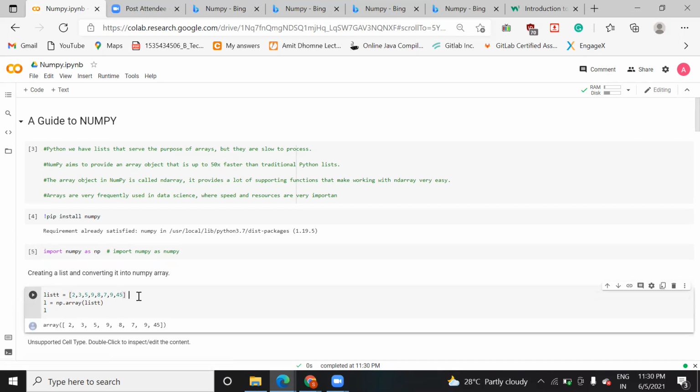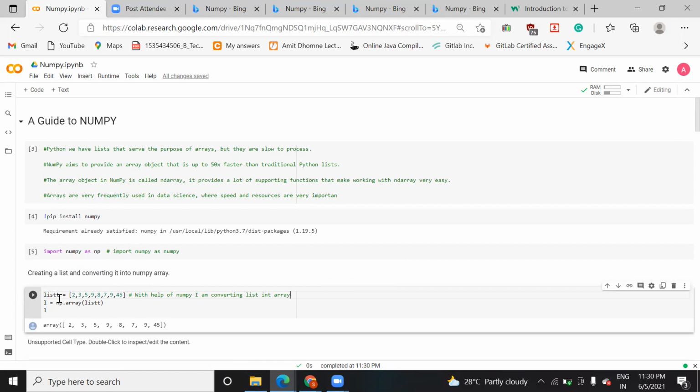So here I'm trying to convert a list. List is a data structure in Python. There are different kinds of data structures in Python. With the help of NumPy, I'm converting this list into an array. And how are we going to do that?